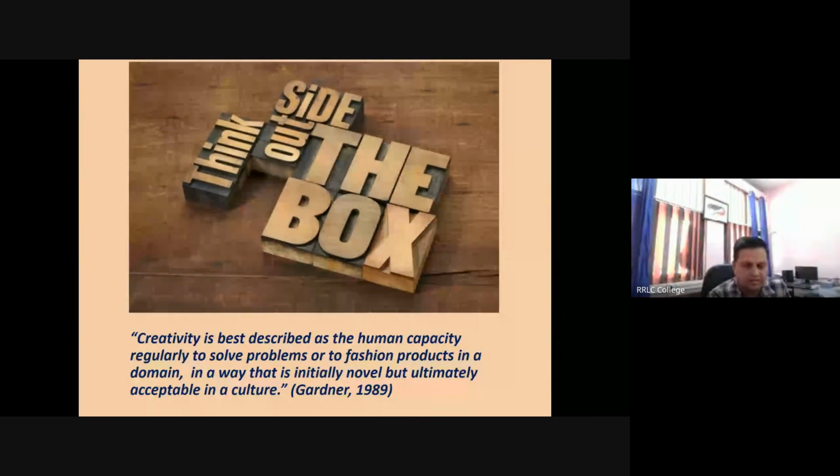So what I was discussing today is about creativity, right? Creativity, you all know what is creativity, right? It is best described as the human capacity to regularly solve problems in a way that is novel but accepted by the culture, right?